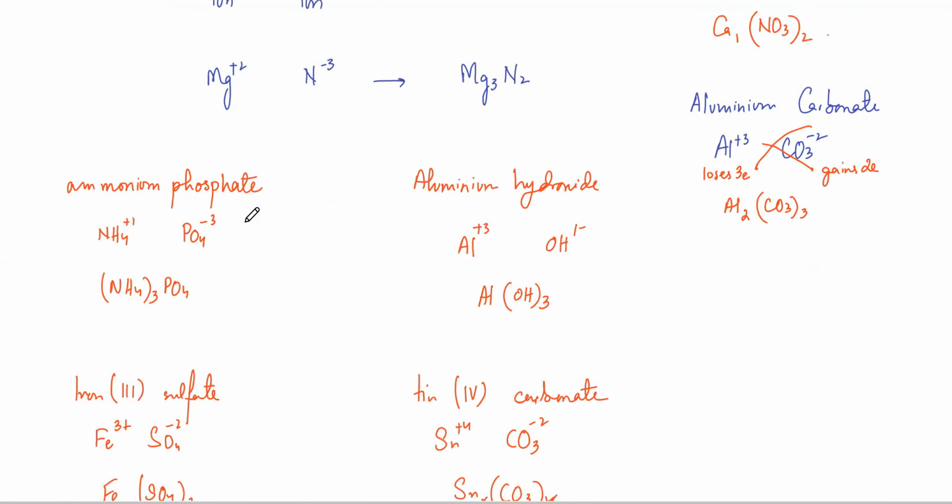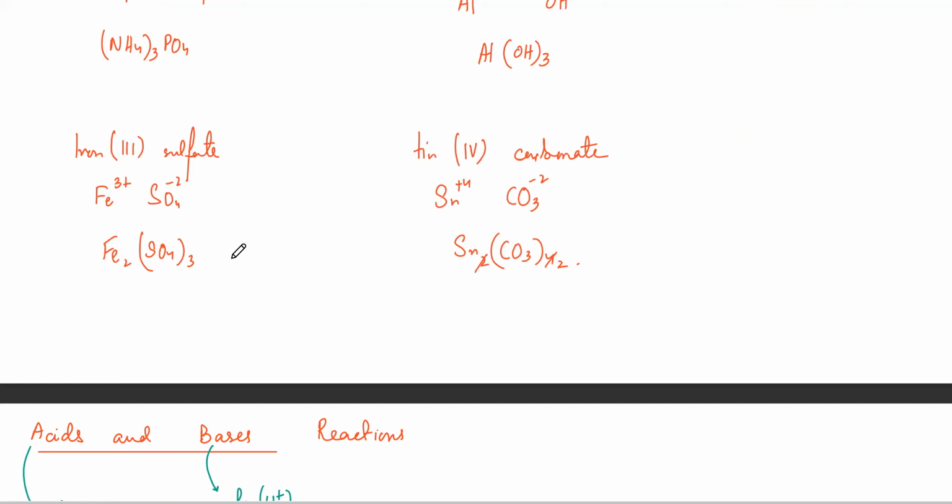अच्छा फिर उनके formulas भी उसी तरह बनते हैं. It's just crisscross, but polyatomic ion put a bracket around it. Like if you have aluminium carbonate, aluminium is +3, carbonate is -2, so it's going to be Al2(CO3)3. So the polyatomic ion is one entity. अगर वो 2 या 3 करने हैं तो उसके ऊपर ब्रैकेट डालना है, ठीक है. Aluminium hydroxide, Al(OH)3, ammonium phosphate, crisscross, ammonium becomes 3, and